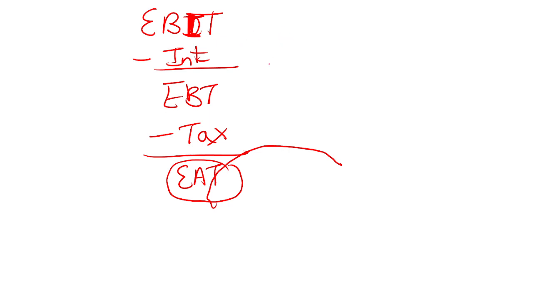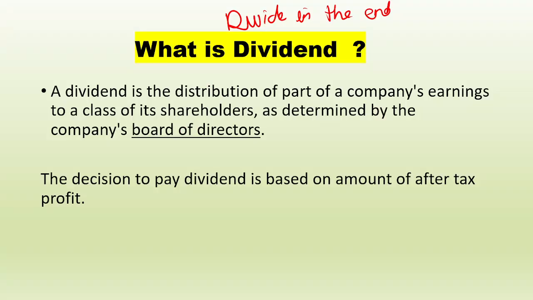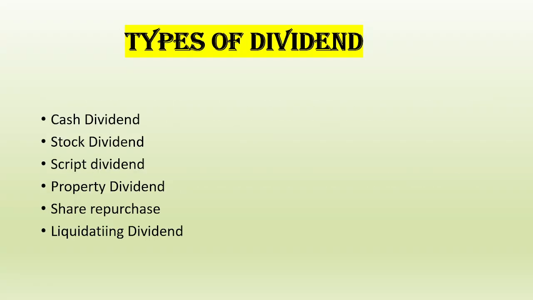EBIT is our operating profit, but EAT is our after tax profit. So after paying all the interest and taxes, after fulfilling all our liabilities, then we will give the dividend from our residual amount. So the dividend will always be paid from the after tax earnings. Now we have some types of dividends like cash dividend, stock dividend, scrip dividend, property dividend, share repurchase